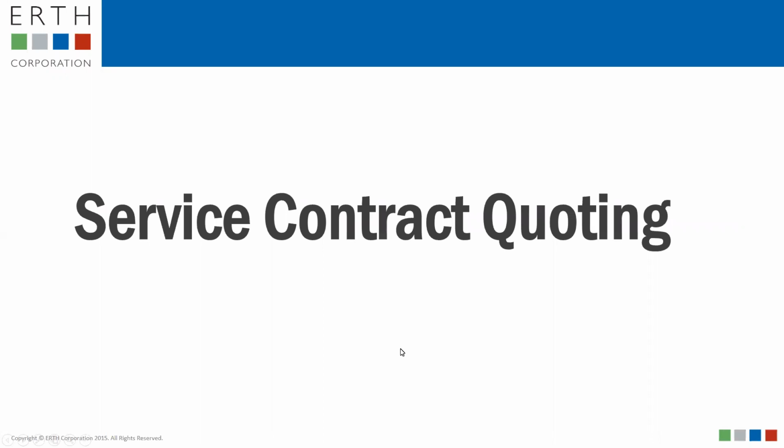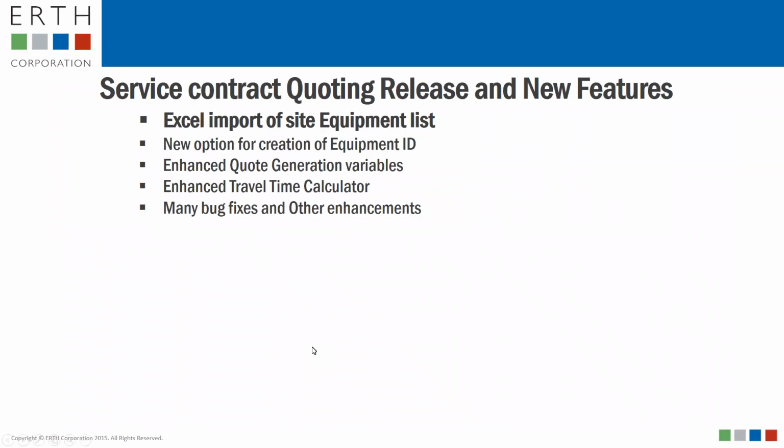So on to service contract quoting. One of the probably big roadmap items that we've had for quite some time, that again was a big item at Synergy last year and has been pretty much since the start, and now it's been amplified with the whole pandemic, where sometimes the customers don't want you coming on site, especially nowadays, to even survey that equipment, and they're going to send it to you in an Excel sheet with a list of all this equipment. And probably the best way is to be able to just take that Excel sheet and import it directly into Quadra